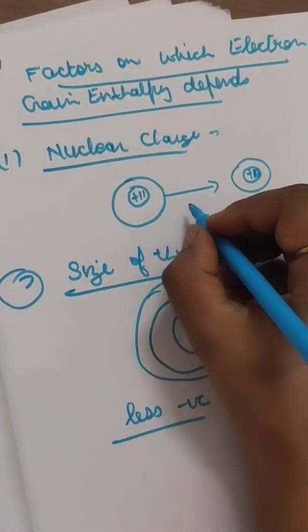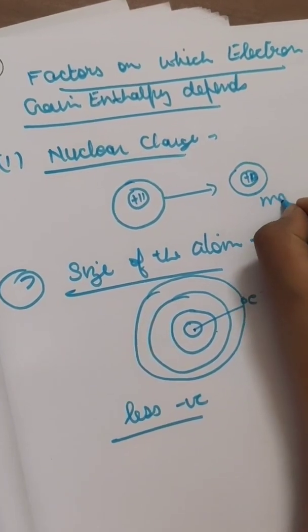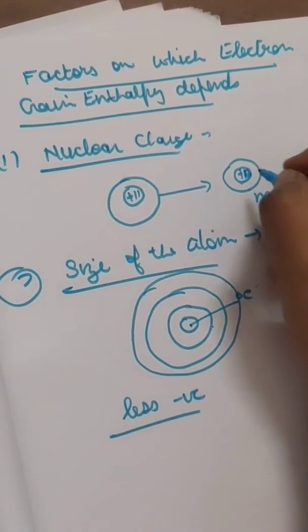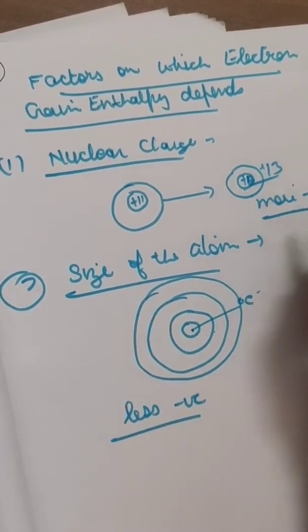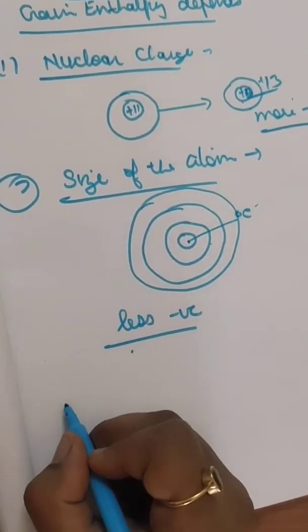Okay, so when the nuclear charge increases, it becomes more negative. And when the size of an atom increases, it will become less negative. So the next is